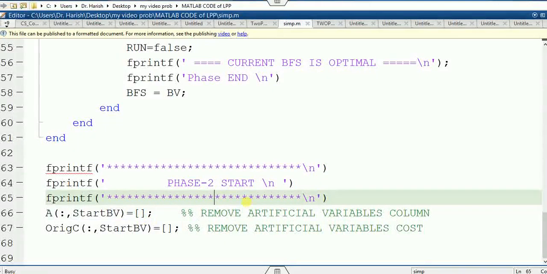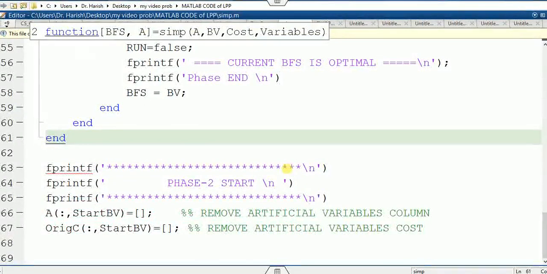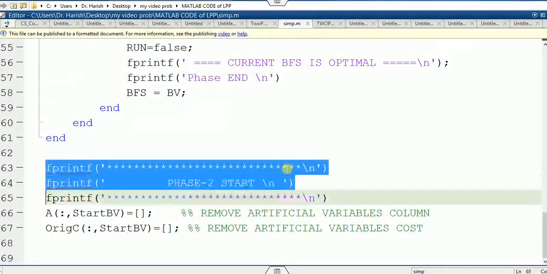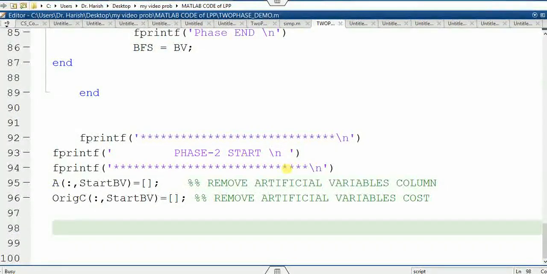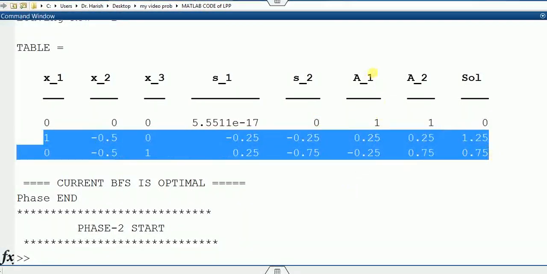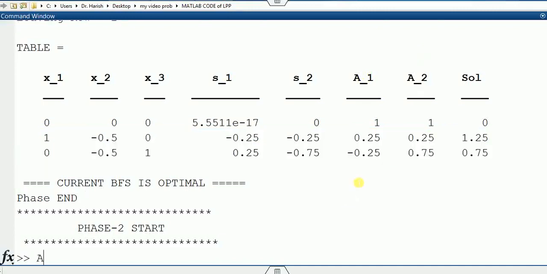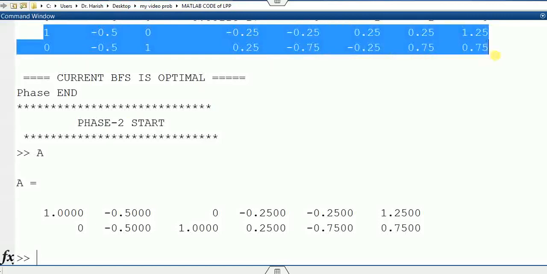Okay, so look at that. If I just run the file, okay, so the error is that at least one end must be there. So I have to add it here. Now if I run the file, look at that, now this is my A. This highlighted portion is my A. Now I have to delete A1 and A2. So look at that, 1, 0. This column you can match with this one. So these 2 rows are deleted.